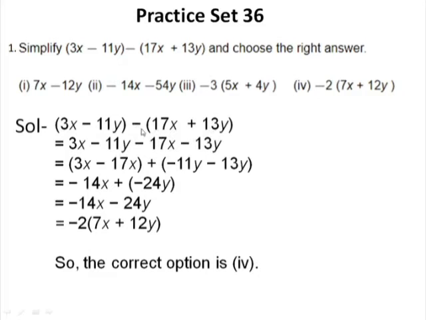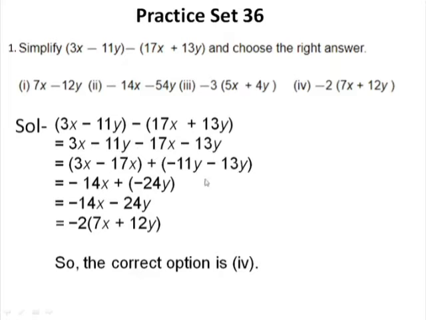That is minus multiplied by plus 17x will become minus 17x. Now here 13y is positive. Now when we multiply it with minus sign, we will get minus into plus is minus 13y. Now what we will do children here? We will bring the like terms together. That is 3x and minus 17x will be written together. Then plus. Here why we have written plus? Because now we will take this minus sign along with 11y. That is minus 11y minus 13y.